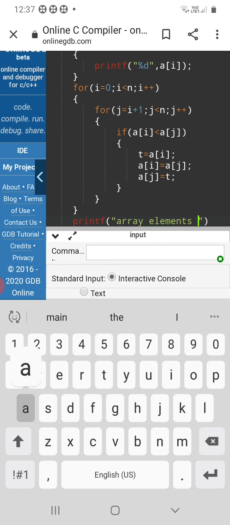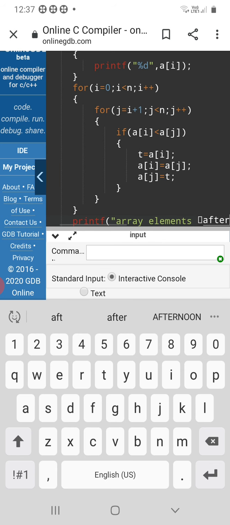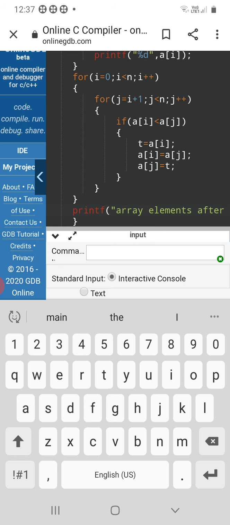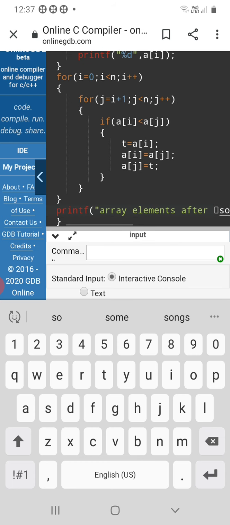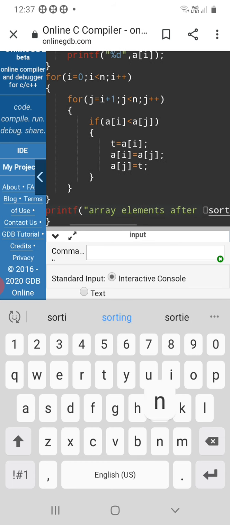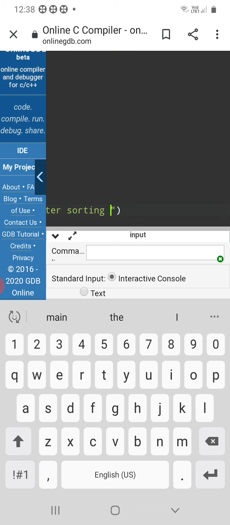Array elements after sorting in descending order, backslash n.